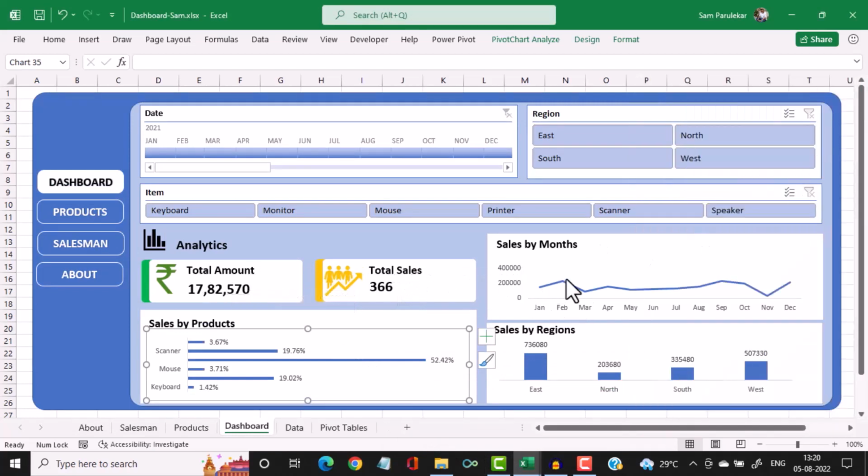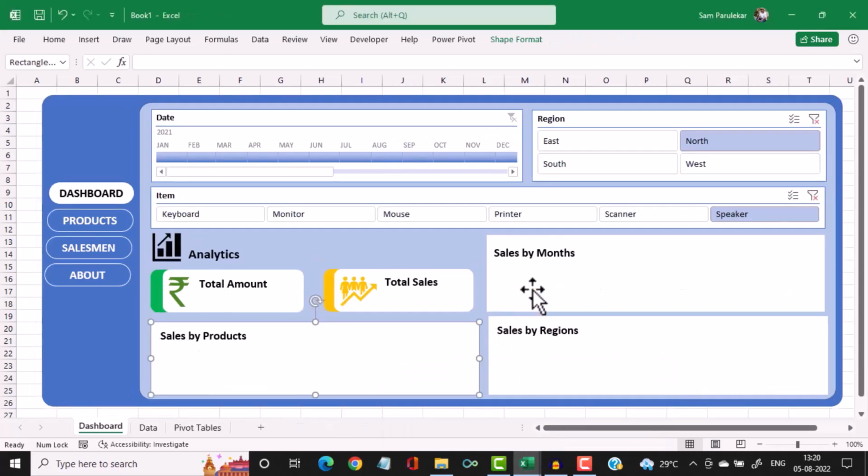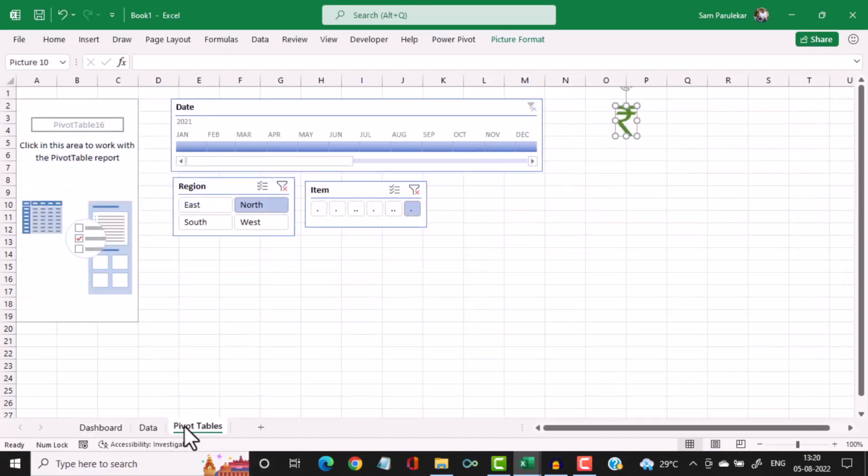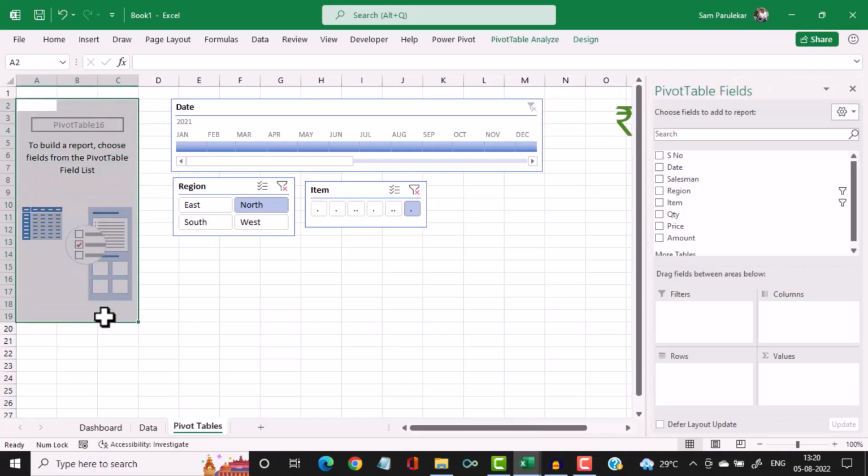Now next let us see how to make this graph, sales by months. So you can see you have the months over here and you have the sales figure here, and it's represented by a line graph. So we'll come here to our original sheet. We'll adjust these headings so that we get space for the graph, and we come into pivot table over here, and what we'll do is we'll insert one new pivot table, or rather you can copy the same pivot table